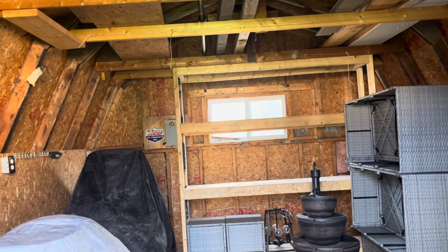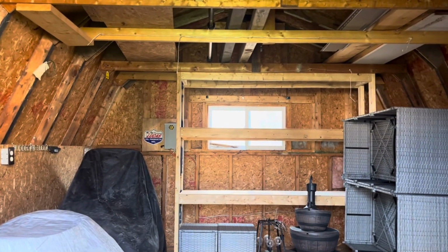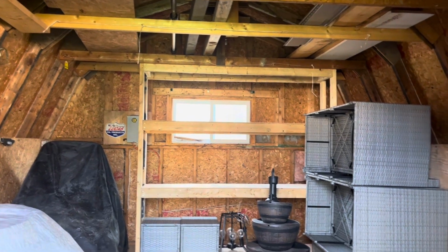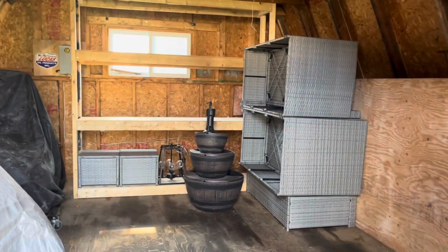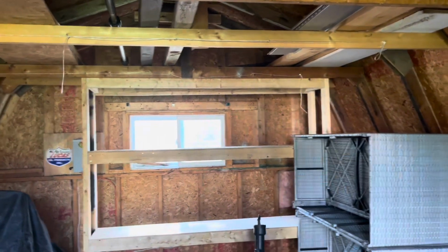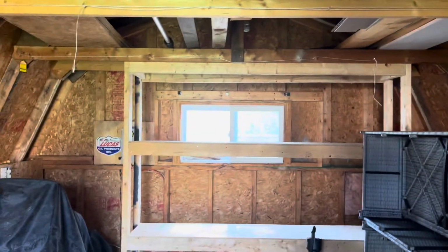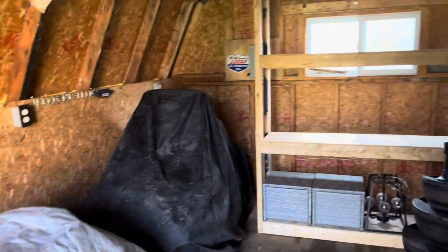I've just got this cleaned out from the previous tenant a little while ago, and I'm thinking about putting hit and miss engines and tractor parts back here eventually. We've got some of the outdoor furniture already stored away because that Tundra weather is on its way here in about a month or so's time. You guys know me well enough, I don't like keeping stuff outside. So anyway, we got the 145, the ET250,